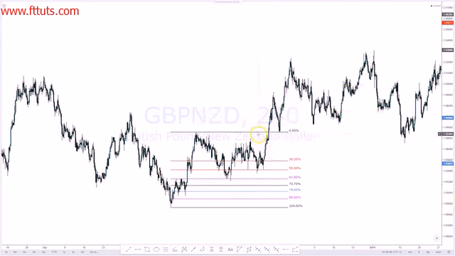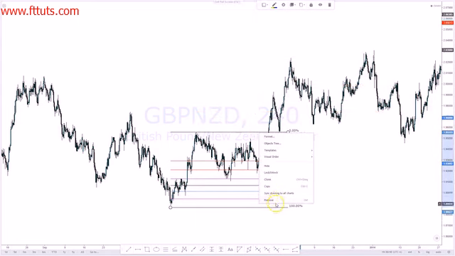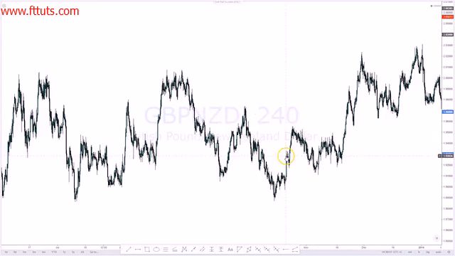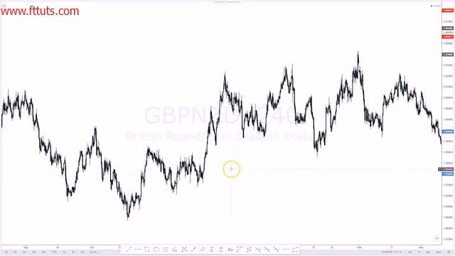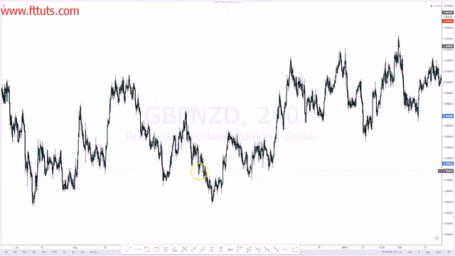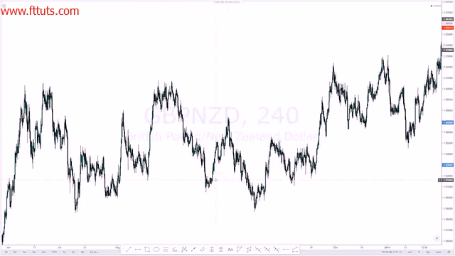These are Fibonacci extensions of the overall move. Right now, let me get into the ABCD patterns actually. So let me go on to another chart and I'll show you the ABCD patterns.